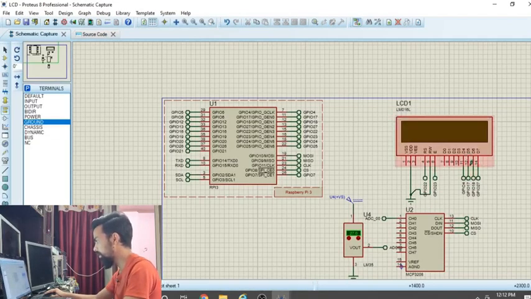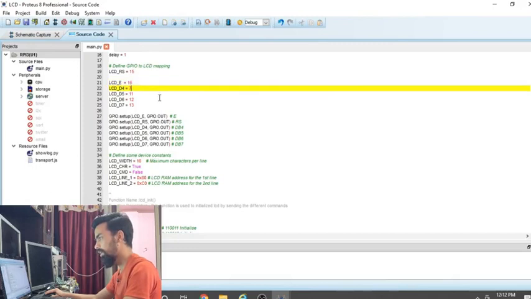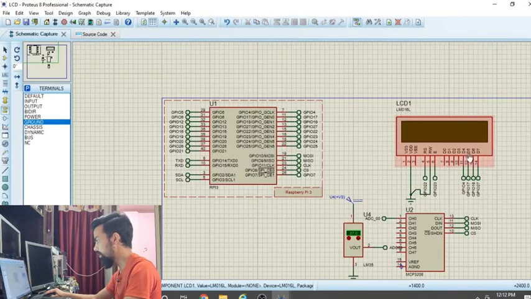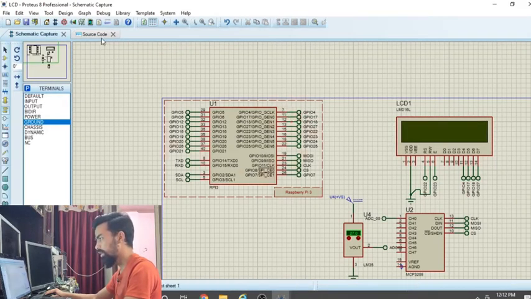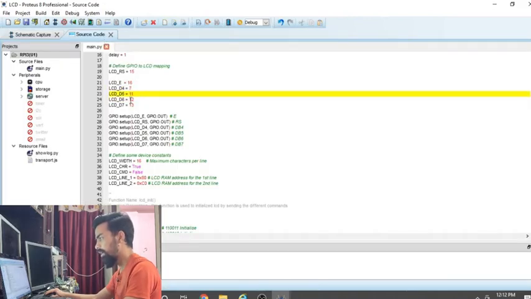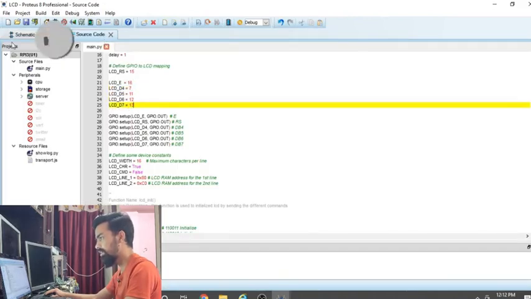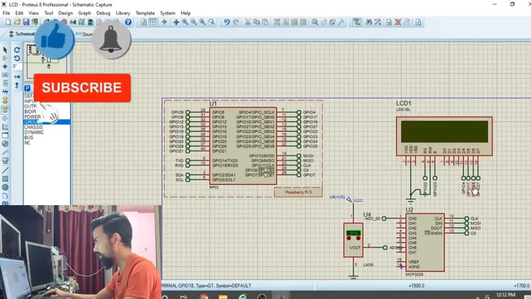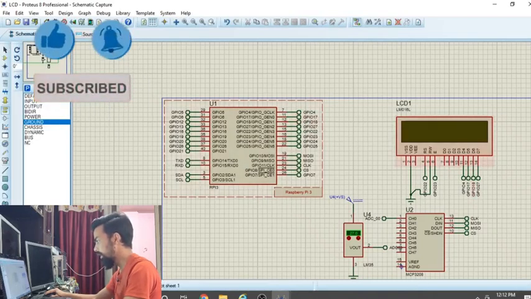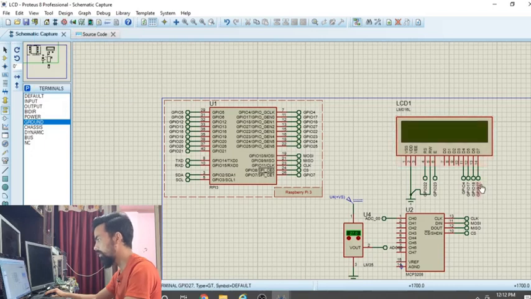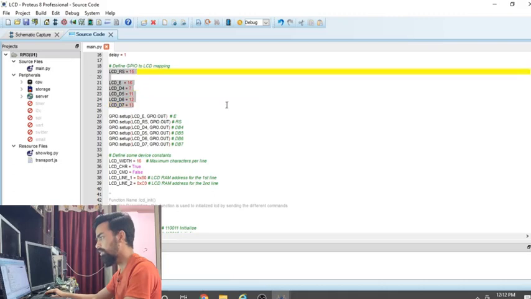So next part is D4 pin, that is GPIO 4 pin. This is connected to GPIO 4, that is 7 number. So here should be the 7 number. Then next part is D5, that is connected to 17 number, which is 11 number as per the board. So you can see here 11 number for D5. Then D6 is 12 and D7 is 13. D6 is connected to 18 number, that is 12, and D7 is connected to 27 number, that is 13. So as per the code we have connected all these pins.